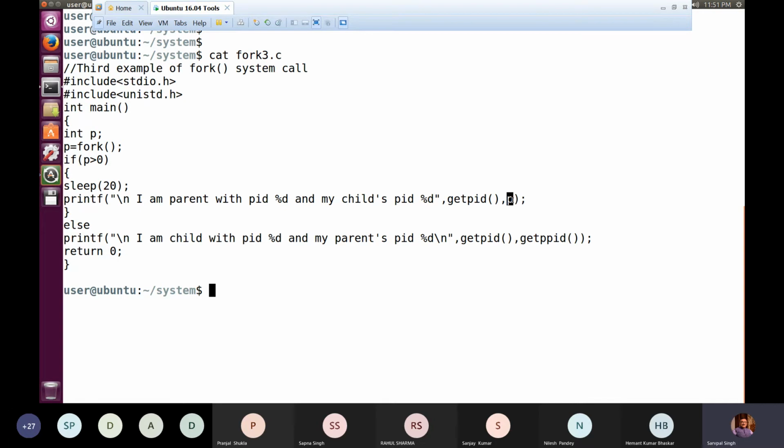ठीक है, तो current process जिसके अंदर आपने getpid को use किया है, उसकी PID will be displayed. ठीक है, and if we are making use of getppid, that means the current process in which we use getppid, the PID of its parent process we can access with the use of getppid. And if in the current process we are interested to know who is the child process created by this parent process, the only way to have this is the return value which we are holding in variable P. Okay, so that we are getting on the screen, and once again we are getting the child PID on the screen.